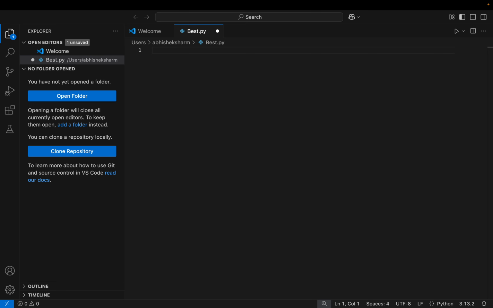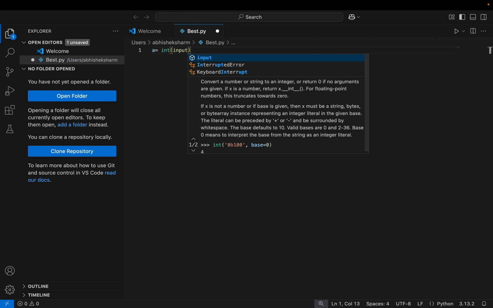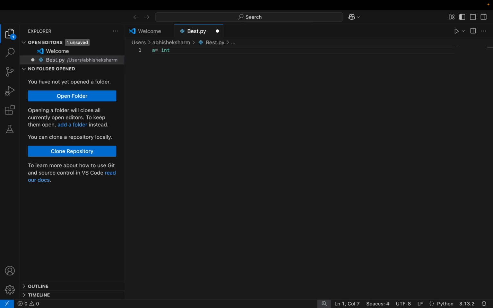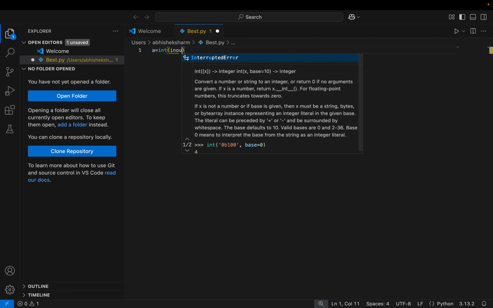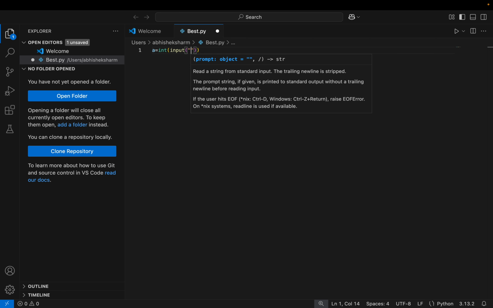So first we start with a is equal to int, then input. So first we have to put int, as we have to enter a value of a certain number. Suppose in this code I will be saying you have to get area through Python. So a is equal to int, in brackets again input. Now one more bracket will come, in that we put double apostrophes, and in that we write the